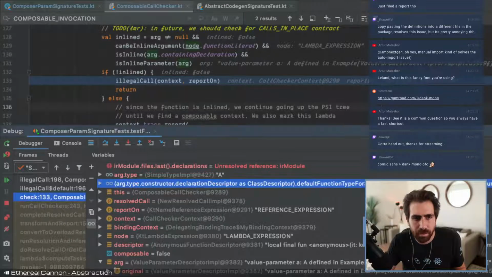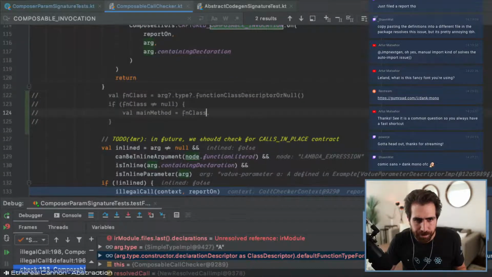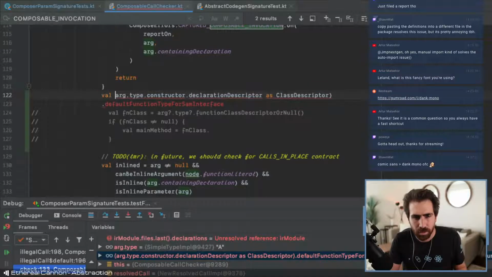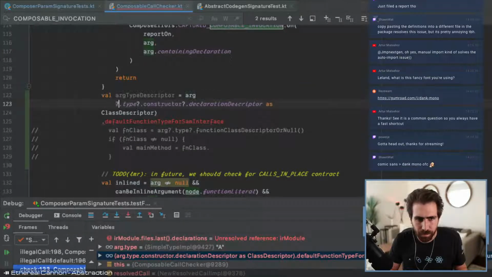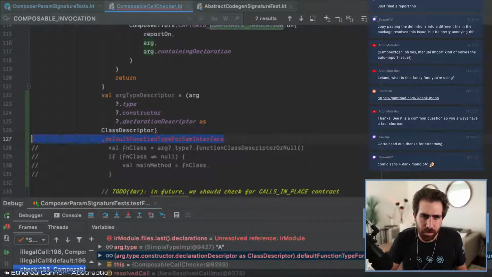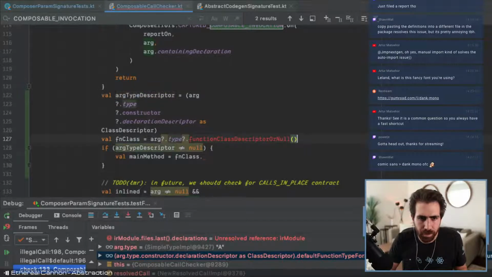I'm just gonna copy all this, put it in here. Val arg type descriptor equals... so there's the descriptor, and then I'll say if that is not null,